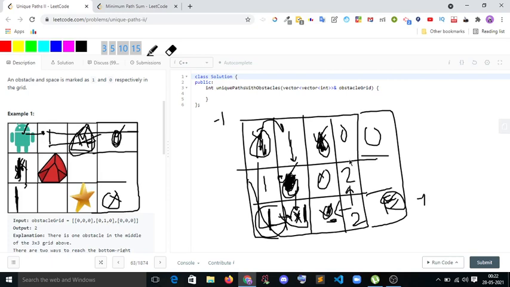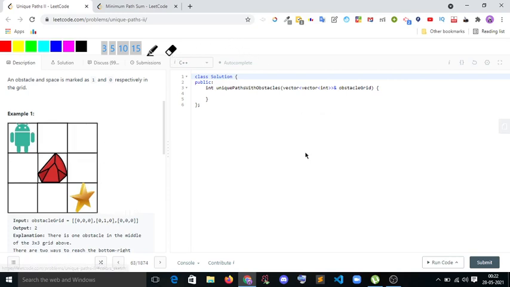Okay, so whatever the possible way, like what I did here, one thing we can do is make this an n into m diagram, with all paths 0. And whenever you get an obstacle, I write -1.